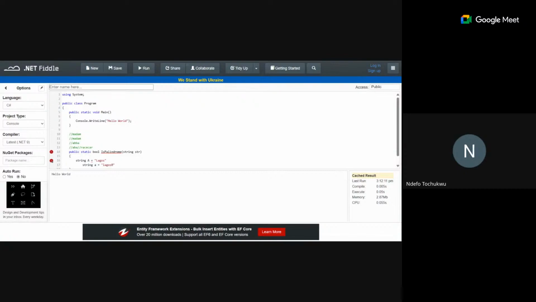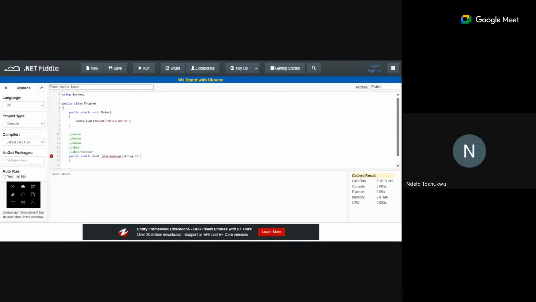It's not the same thing because C# is case sensitive. Having said this, let me assume that the palindrome is Madam. I have to take into account the capital letter, the first M that is capitalized. To solve this problem, because I don't know what they will be giving to us,